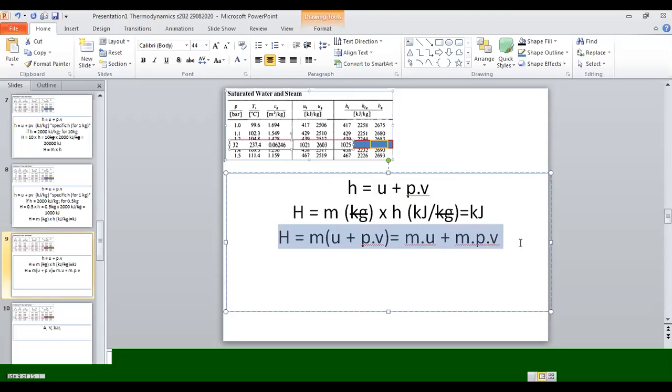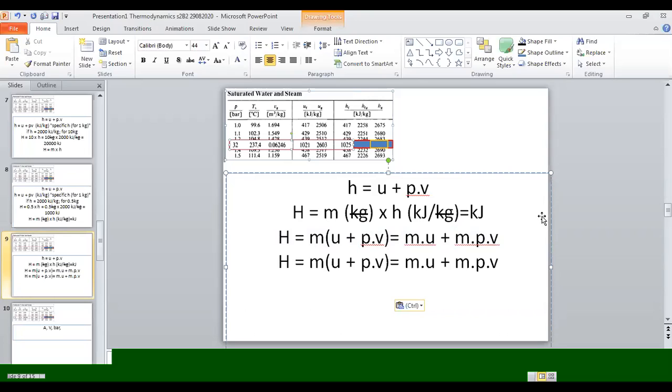I'm explaining this, but it's lifetime one-time learning, so don't worry, try to understand to the fullest. So I get this M here and rearrange this. M times U means